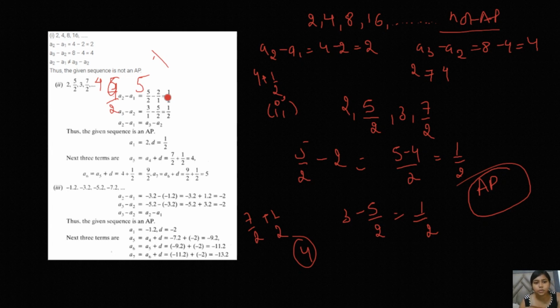I hope these questions are clear to you. In these questions you have to tell whether a given sequence is an AP or not. You can calculate it by just calculating the common difference. If it is constant, then it means it is an AP. If it is an AP, you have to find out the other three terms. How can you find them? You know, the basic standard form of the AP is like this. So in every term you have to add d. You have added d, so this will be your outcome. So this is your fifth term. Then you again add d.